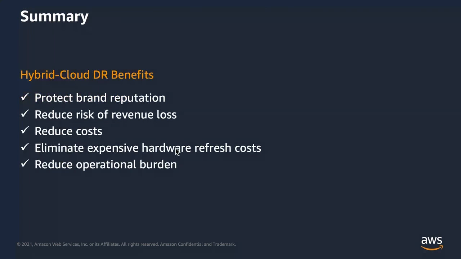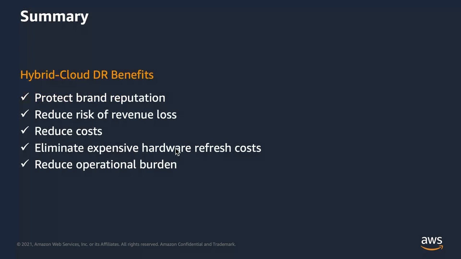So to summarize today's discussion, the benefits of hybrid cloud disaster recovery are, number one, most important, you want to protect your brand reputation by making sure that we are not in the bad news. If a ransomware infection happens, let's quickly recover back to a pristine point in time by leveraging the infinite scale of cloud, recovering very, very quickly into the AWS cloud. We also want to reduce the risk of revenue loss because of application downtime, whether because of man-made disasters or natural disasters. Either way, we don't want a very large application downtime.